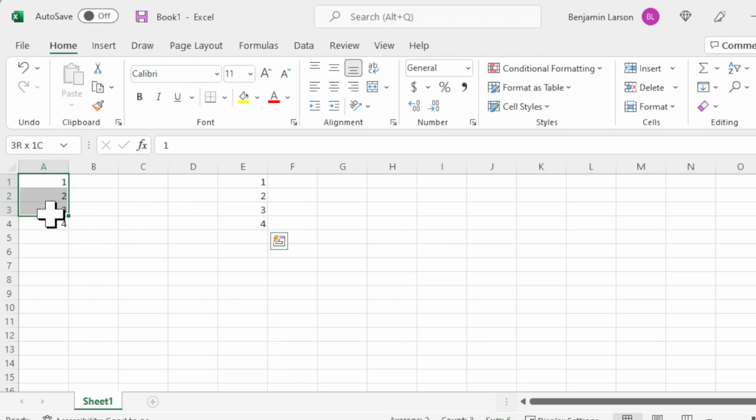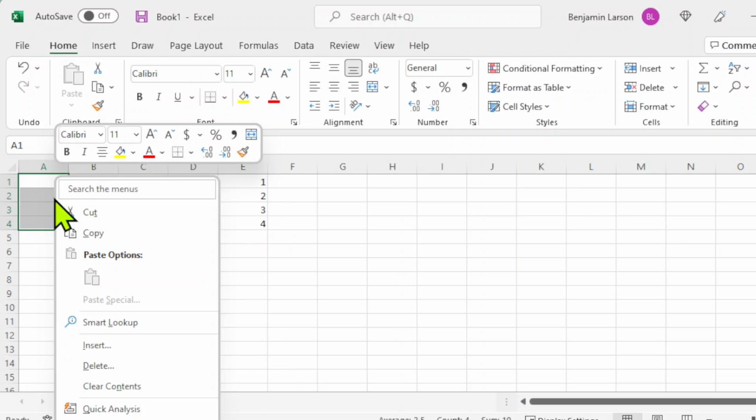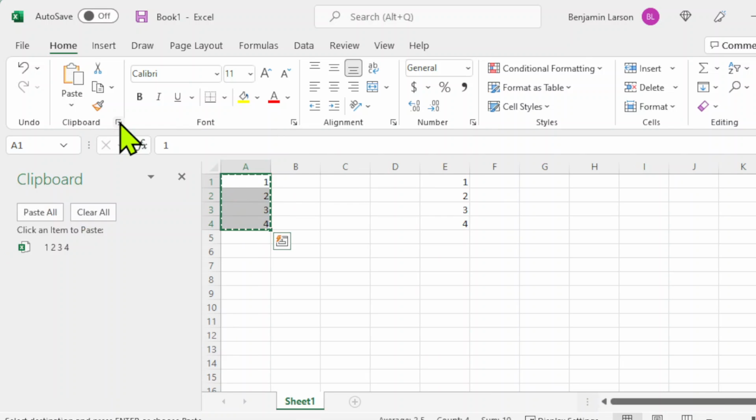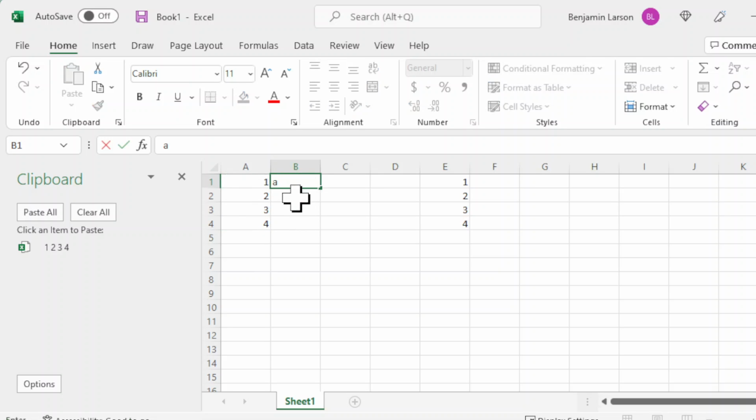All right, I'm going to do this again. I'm going to right click copy, and then I want to show you something. If I go up in the clipboard and I hit this little box down here at the bottom, this new window pops up and it shows me what's in my clipboard. So you notice now I can start going here,